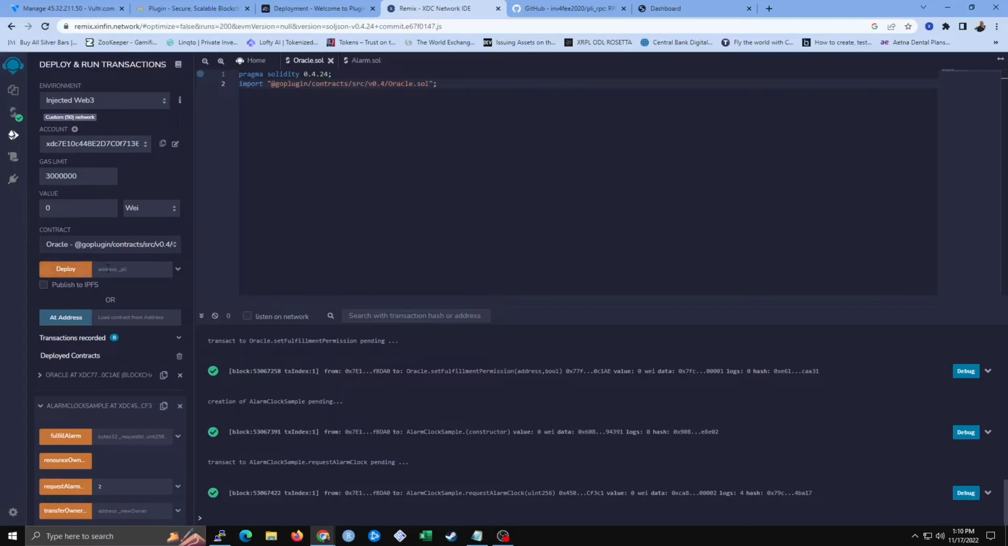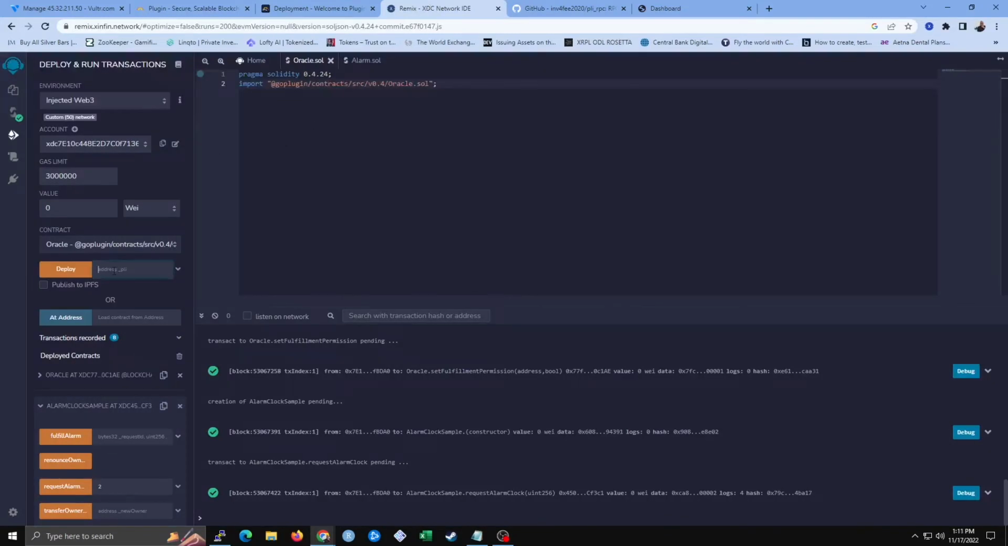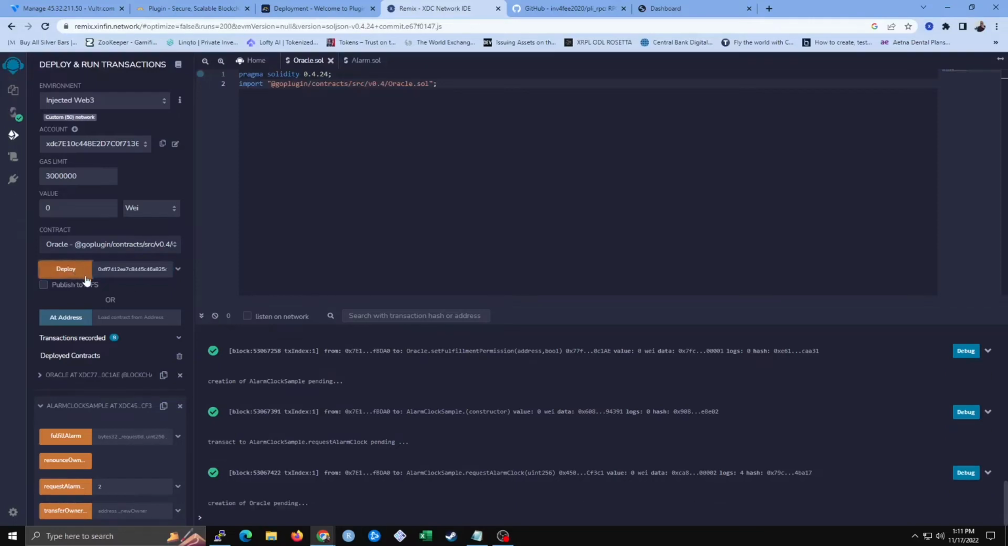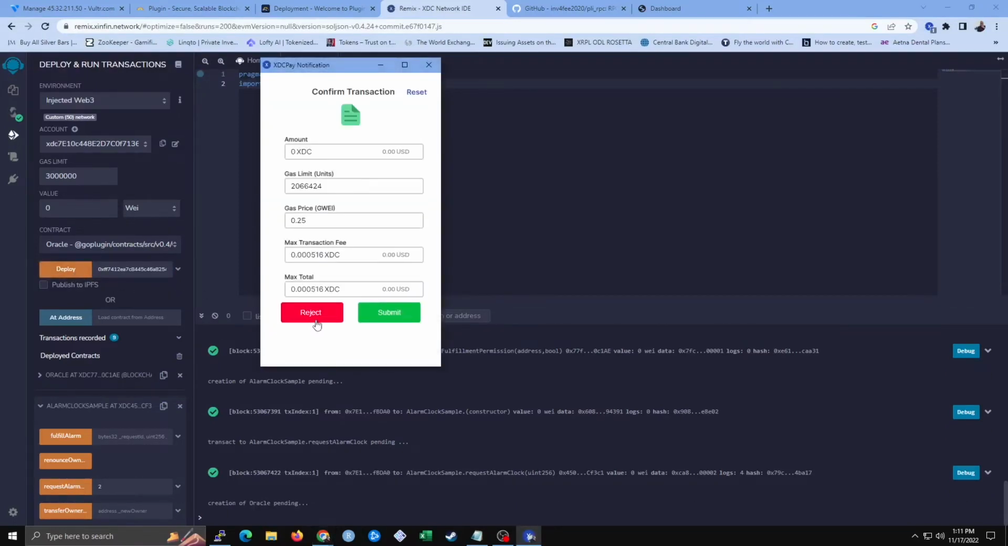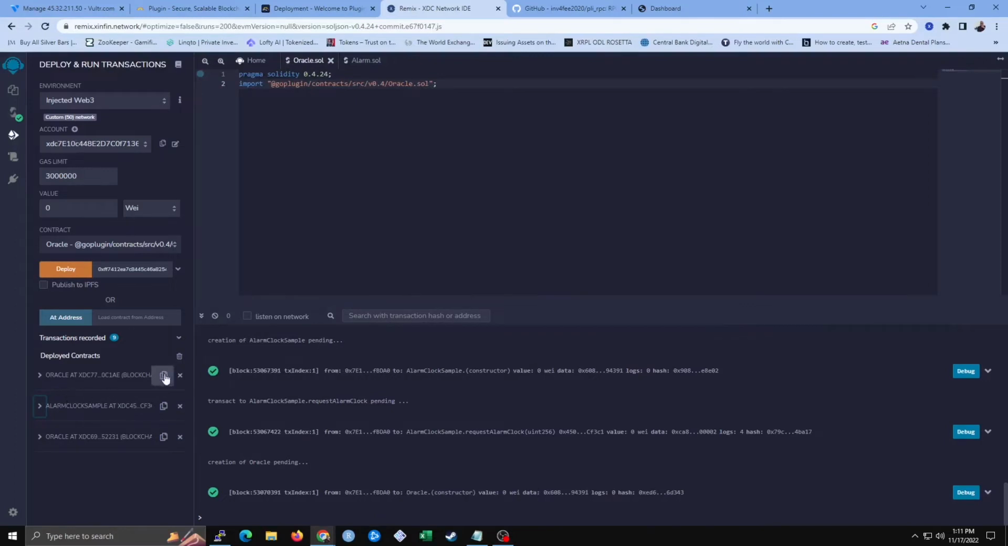Now we need to deploy, which we can go to GoPlugin.co, copy the smart contract at the top, go back to Remix, and then we're going to change where it says XDC to 0x. Now click Deploy, click Submit, and then we're going to